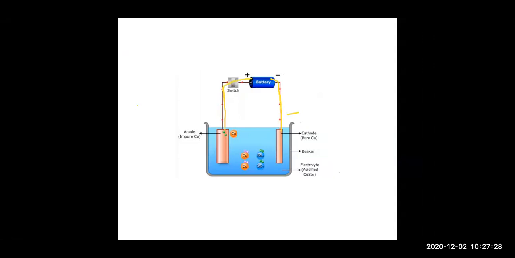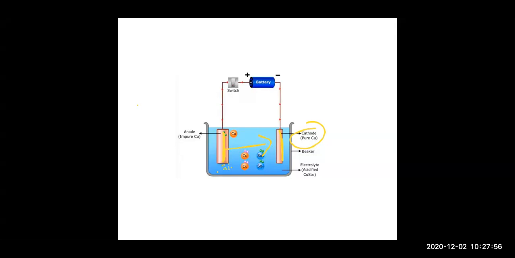Now, pure metal is taken on the cathode. So here we can see this is, children, pure metal. This is pure metal, right? On the cathode, this strip is for pure copper. And here, this is the impure copper which you are having. But what do you want? You want that from here, the pure copper should go on this side, and whatever impurities are there should be left down.